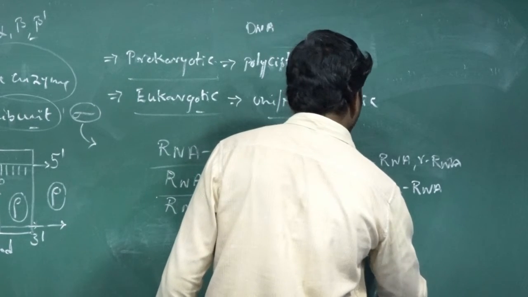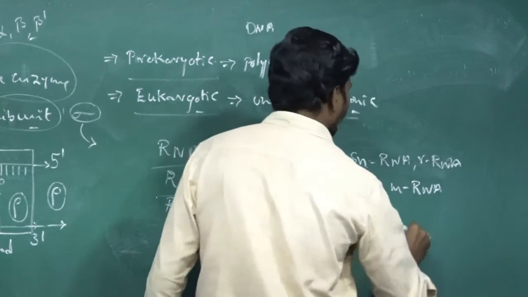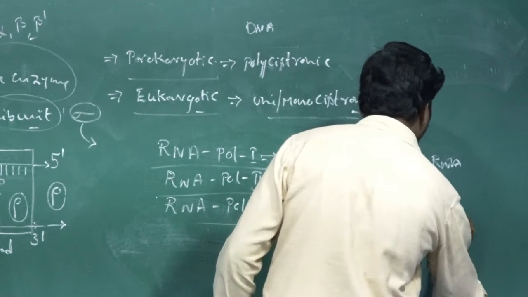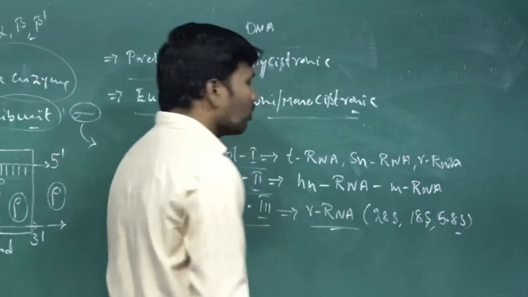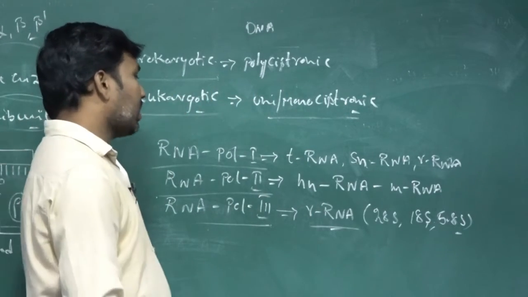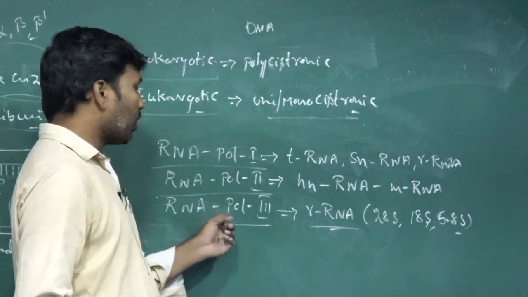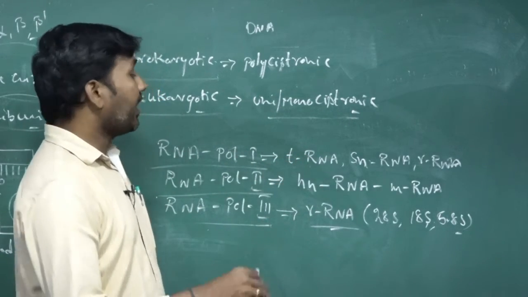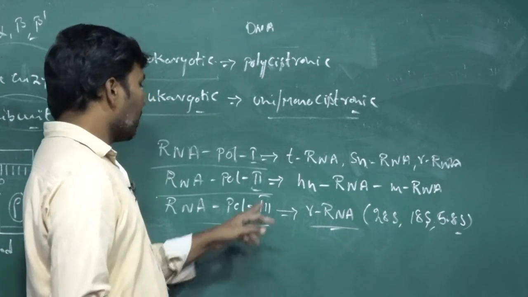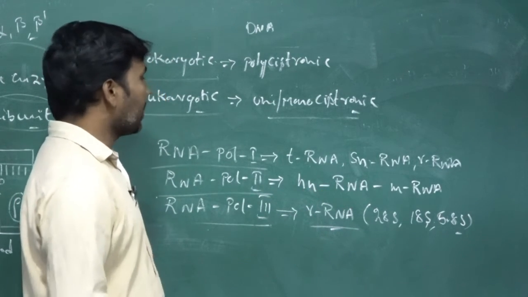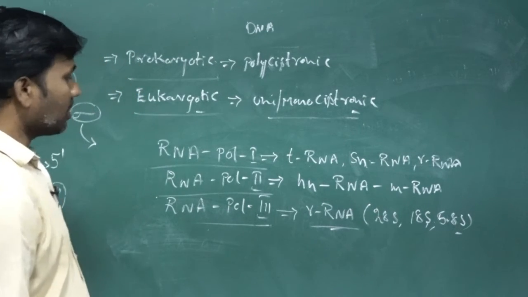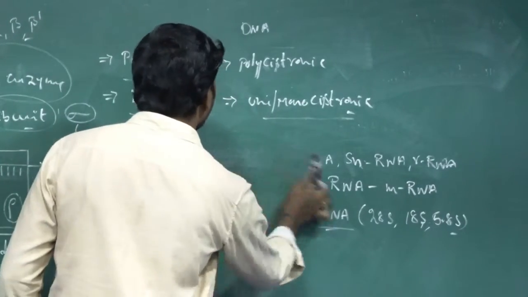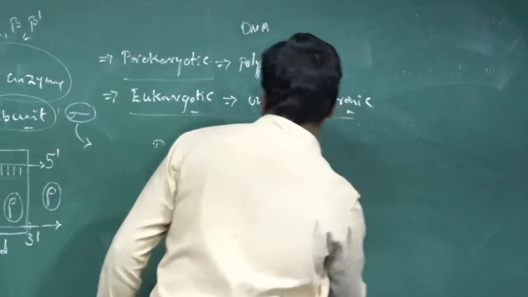In that too we are taking 28S, 18S and the 5.8S. So ribosomal RNAs are going to be synthesized or activated with the help of RNA polymerase 3, and RNA polymerase is going to activate the tRNA for the next translation process. Here hnRNA is going to form in case of the eukaryote. So hnRNA means heteronuclear RNA is going to be synthesized here.